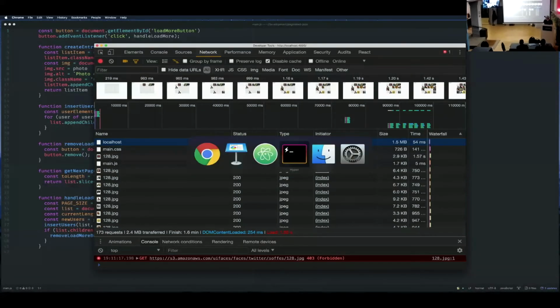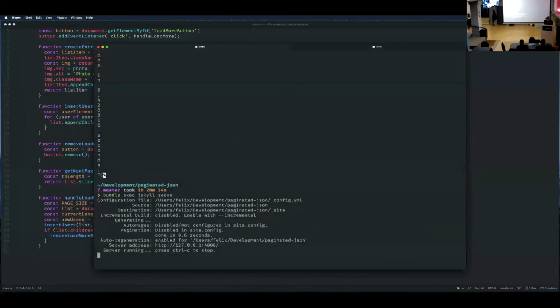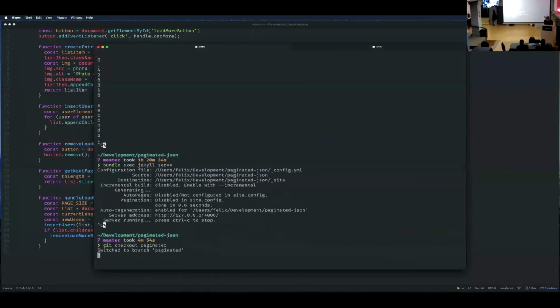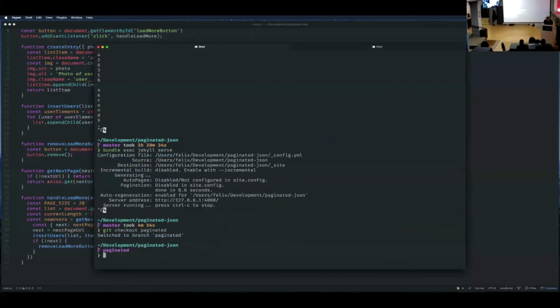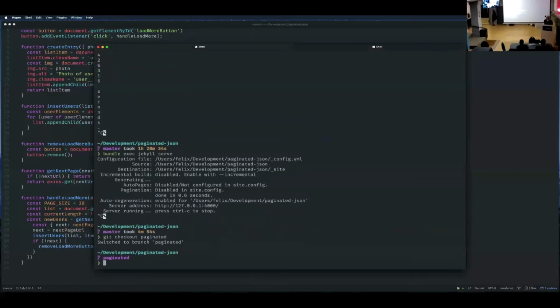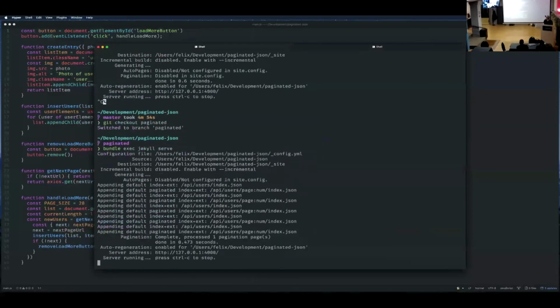Okay, let's check it out. All right, I think Jekyll is going to pick that up right away. Oh, I killed Jekyll. Too bad. Okay, you can see here, I'm using a plugin for Jekyll that does this now. Let's